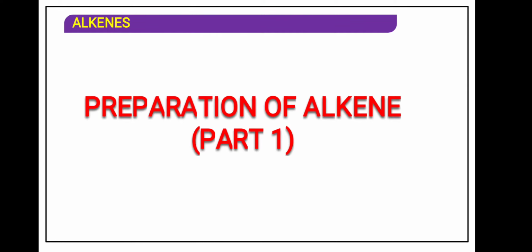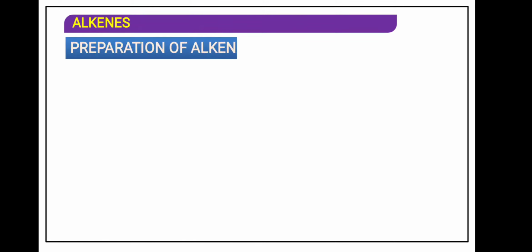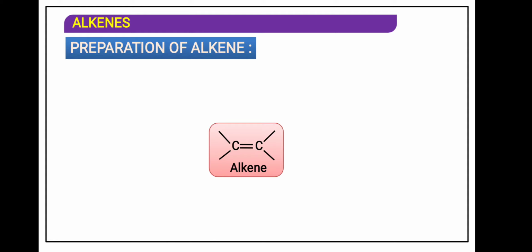We will prepare a double bond from the triple bond. I repeat again, we will prepare a double bond from the triple bond. We will do reduction of the triple bond, and it will become a double bond. So we have an addition reaction. In the addition reaction we will use two different types of catalyst. That catalyst will give you a lesser number of hydrogen atoms so that the triple bond can stop at the double bond.